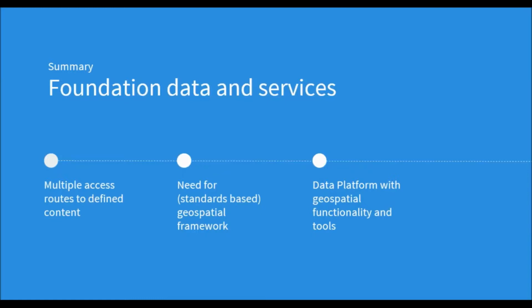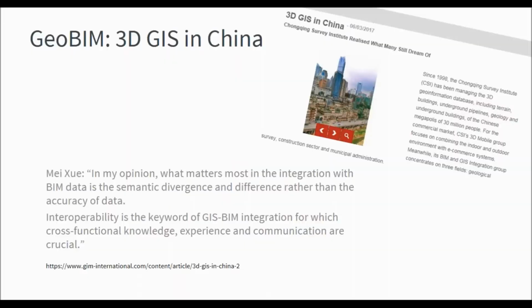And we need a data platform with geospatial functionality and tools, which may not necessarily be something that we can today call a geospatial information system or a GIS. So the last chapter is about a location-enabled data platform, and let me just start with the notion of the integration of geospatial